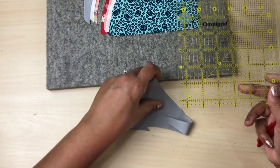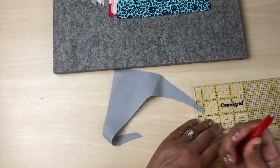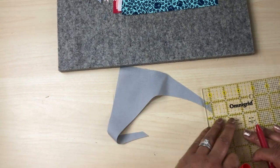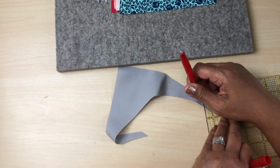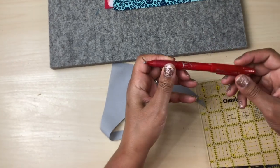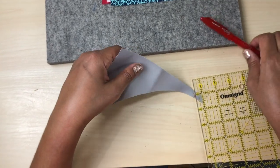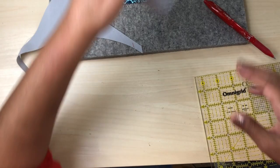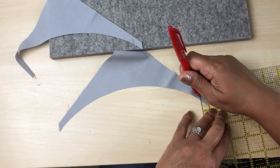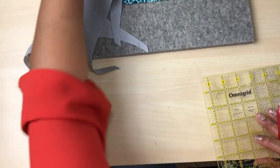I just have a simple square ruler. There's my ½ inch mark there, and I'm just going to mark it with my friction pen right there. Now I don't mind using the friction pen, Pilot's friction pen, because I know that it will erase when I take it over to the ironing board. So I'll quickly measure ½ inch on each one of these, because that's the place where I need to line up